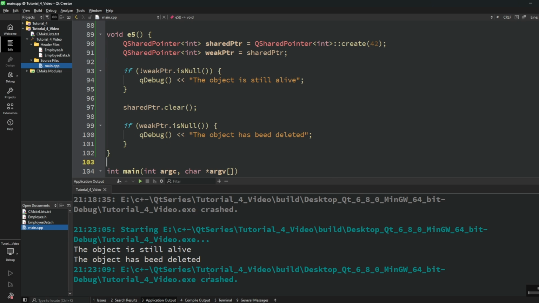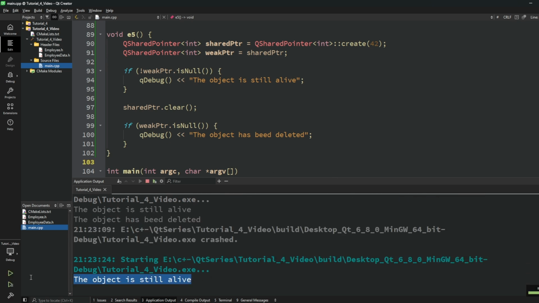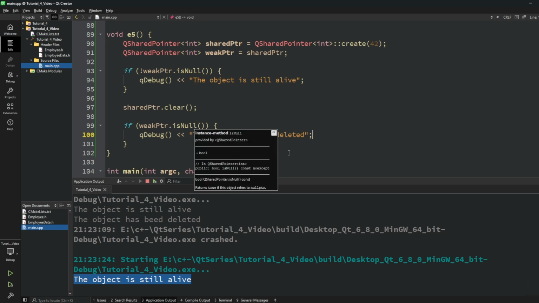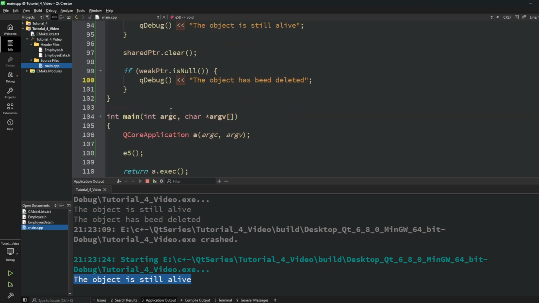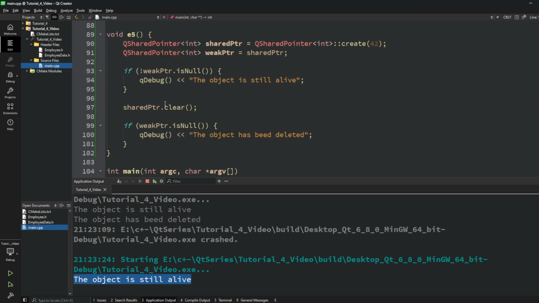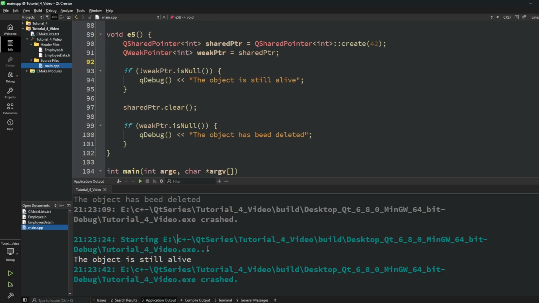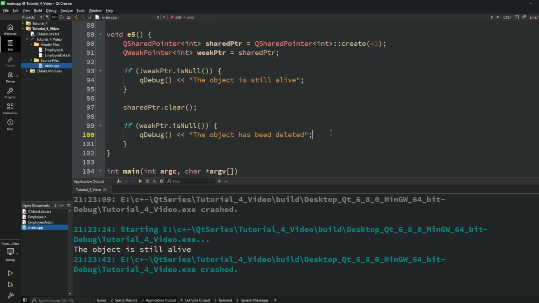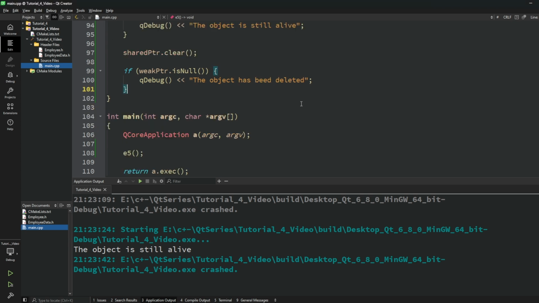Here's what's going to happen. What? Why is it not deleted? And you can see that the object is not nullptr, and we left a dangling pointer, so we have a problem. So in this case we can use QWeakPointer just to delete it properly. The only two smart pointers left to us